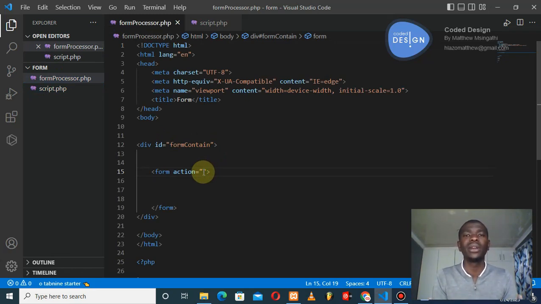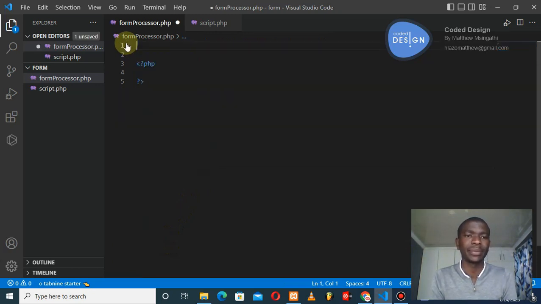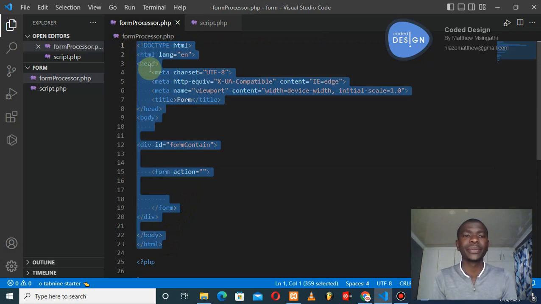We're going to use the same file that we are currently in as the script that will be processing the form. It means that it's not the HTML part, but the PHP part that will be responsible for processing